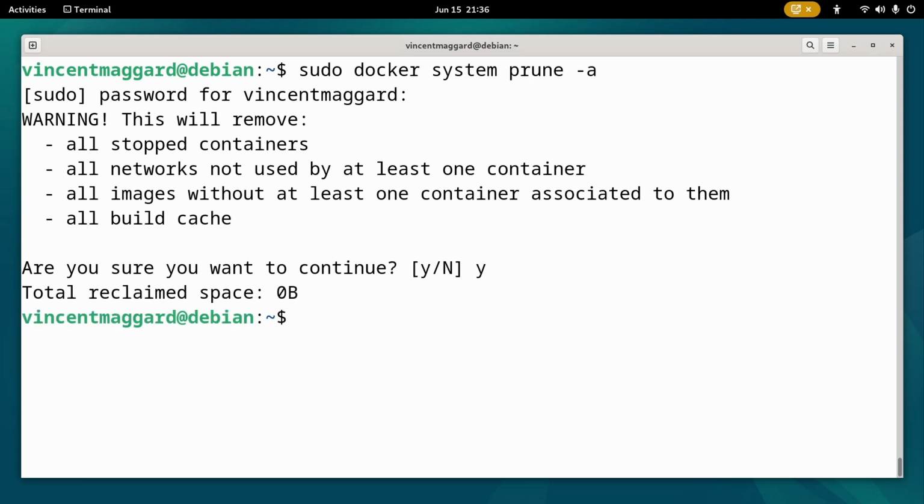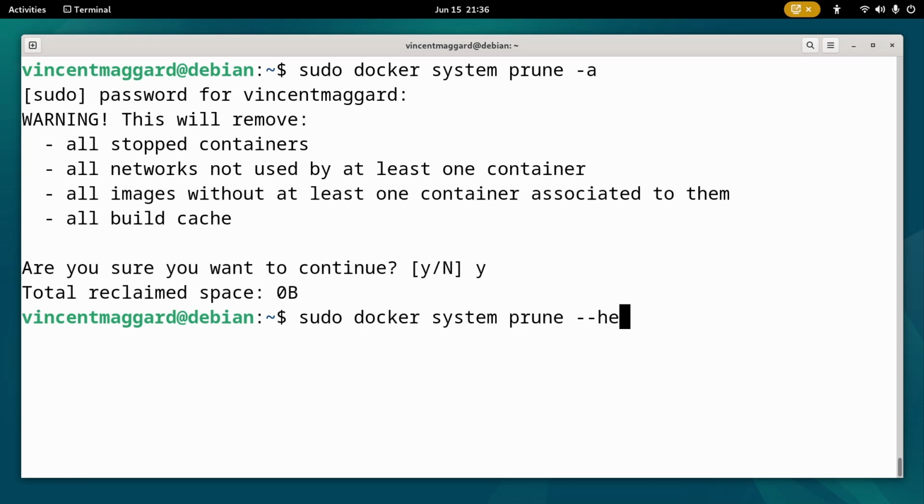And you can see in this case, I did this the other day, it actually didn't reclaim anything. But when I did this the other day, I've been using Docker for months like crazy, and I'm not kidding, I got 10 gigs, I think, back of storage space, something in that general neighborhood. So multiple gigs. So that's pretty cool. So this is just a very simple tool, but I do find it to be pretty interesting.